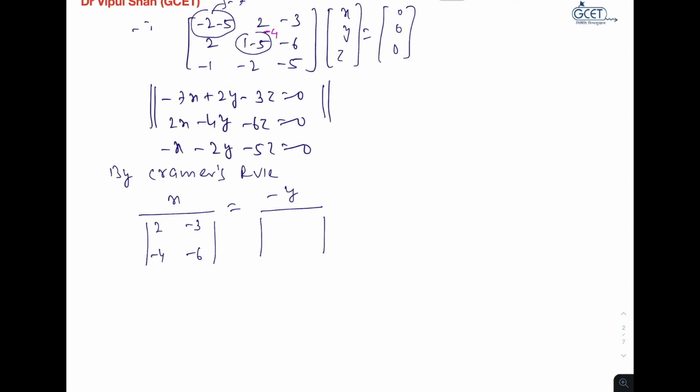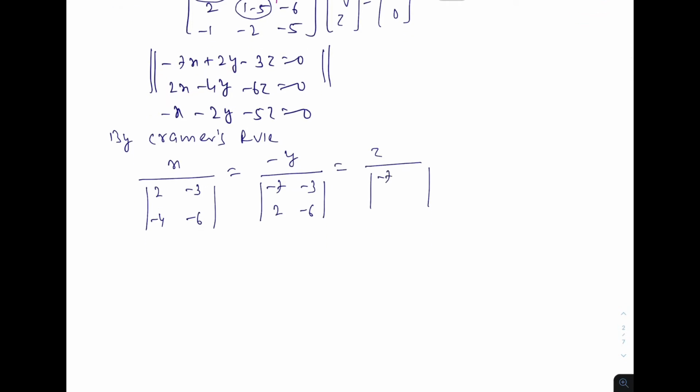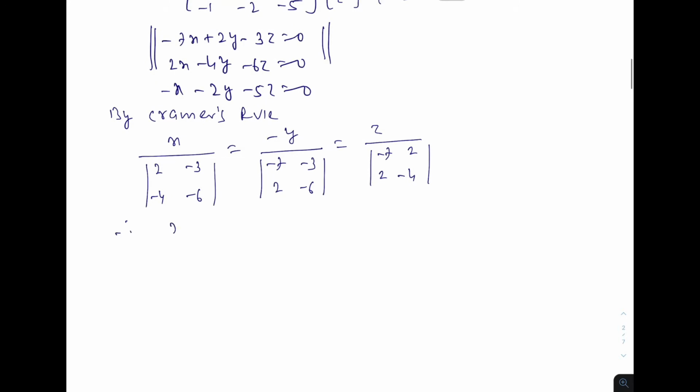So that is minus 7, minus 3, 2, minus 6, and equal to z over coefficient of x and y. So that is minus 7, 2, 2, minus 4,